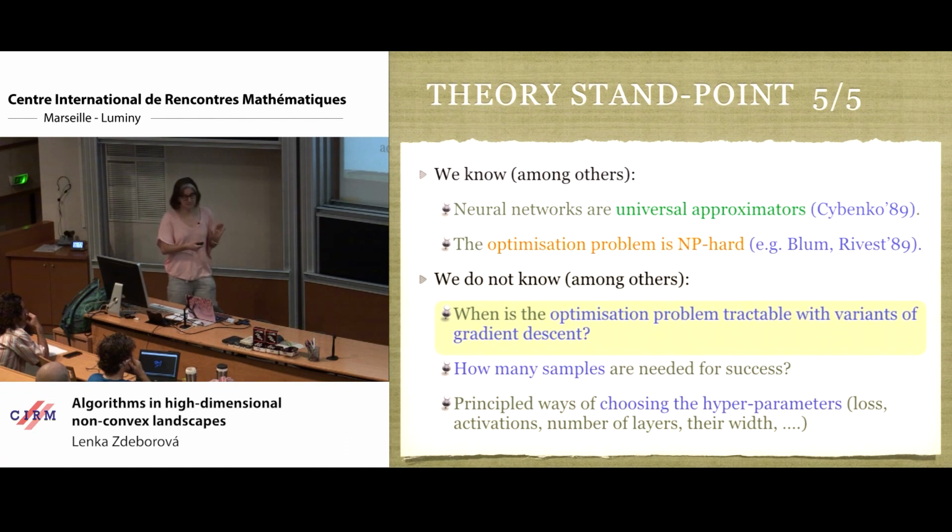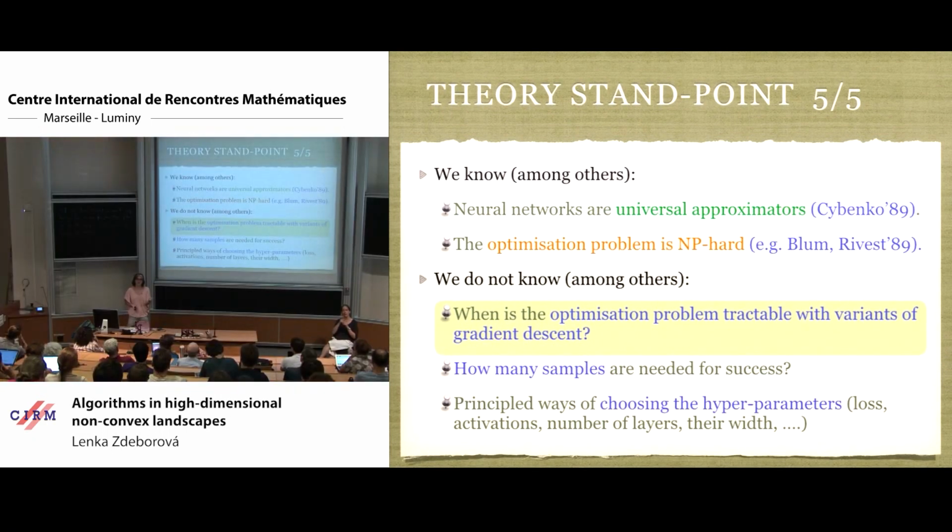So we know that this function is general enough, that this ansatz is actually a universal approximator, meaning that there exists a set of w's such that any function you might possibly be interested in gets well approximated by this ansatz. So that's good news. This is not obvious, right? But these are good old results from the theory of learning. But unfortunately, we also know that finding those w's is an NP-hard problem even for very trivial examples of neural networks with 3 hidden neurons, and there is this paper, which is the classic paper on computational hardness of this.